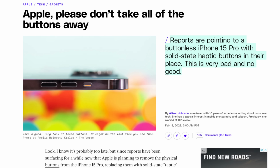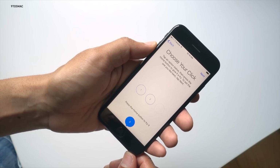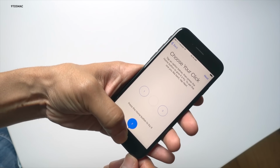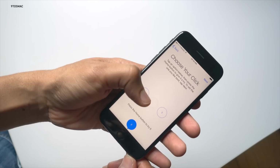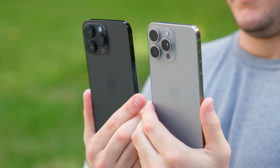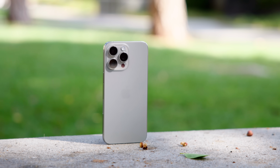Remember back with the iPhone 7, Apple replaced the home button with a touch-sensitive button that felt like you were clicking a button, but it wasn't really real, but it was kind of cool, but it also wasn't the same. That's kind of what they're planning to do with the buttons. This was a rumor that it was gonna come to the 15 series. Not sure if it's gonna make the cut or not. Apple had some problems with it last year, but